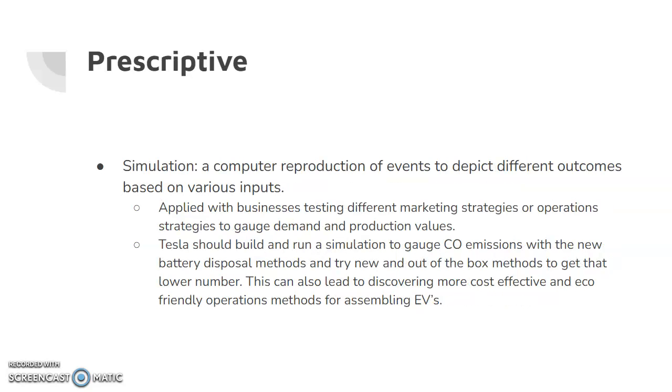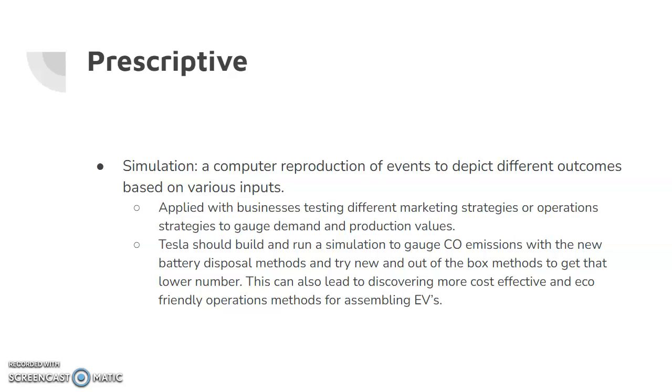And then finally, we have prescriptive. And we chose a simulation, which is a computer reproduction of events to depict different outcomes based on various inputs. So when applied with businesses testing different marketing strategies or operation strategies to gauge demand and production values, a lot of students have hands-on experience with simulations. They can be very helpful in putting operations management skills to the test, as well as different marketing strategies, just really testing different things in a simulated environment, which can be really helpful without as much risk as applying it